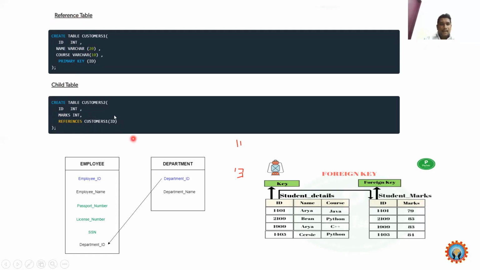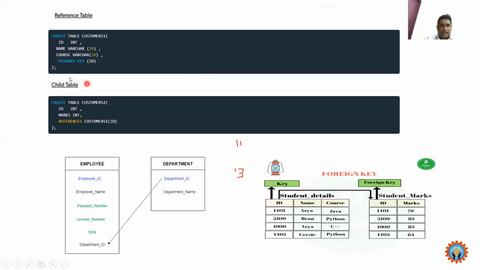You already know how to create the master table. Use the command create table, followed by the table name and attributes 1, 2, 3, which have some data types. Now I am assigning id as the primary attribute, so that we create a master table.